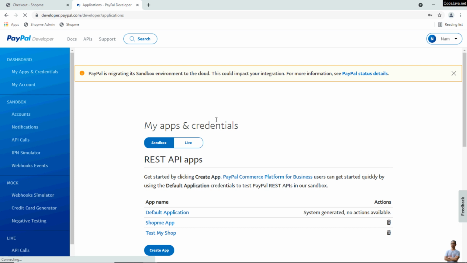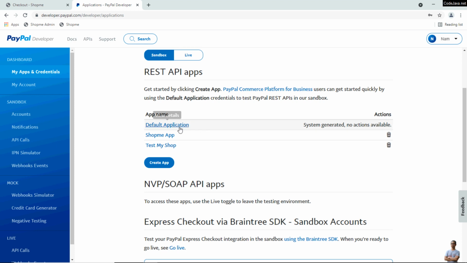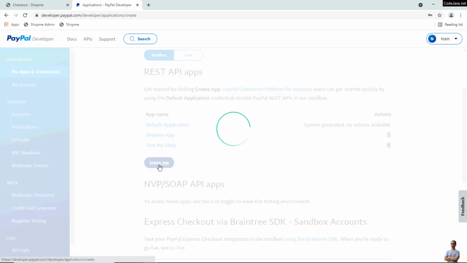Okay, so I have signed into my PayPal developer account, and you can see in the dashboard page here it displays the REST API apps under two types, sandbox or live here. And for testing purposes in development mode, we should create a sandbox app. So you can see there are 3 existing apps here, and click the button Create App here to create a new one,